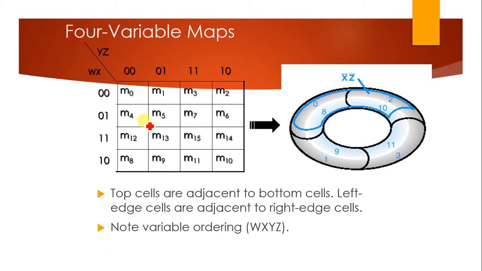So the combinations will go in this fashion, that is 00, 01, 11, 10. Similarly, we have 00 on the vertical end, 01, 11 and 10. Okay, keep this in mind. So there is a shuffle or shift of 10 in vertical and horizontal. In both cases there is a shift, right? Any doubts in this?